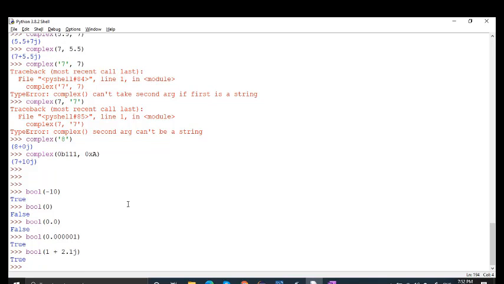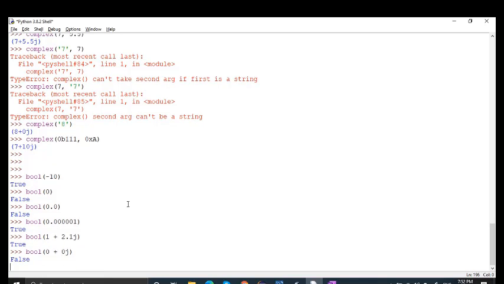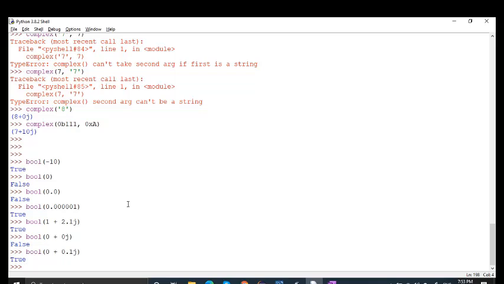If I write bool 0 plus 0j, it will generate false because this is representing 0, right? If I write bool 0 plus 0.1j, it will generate true because it's a non-zero value.